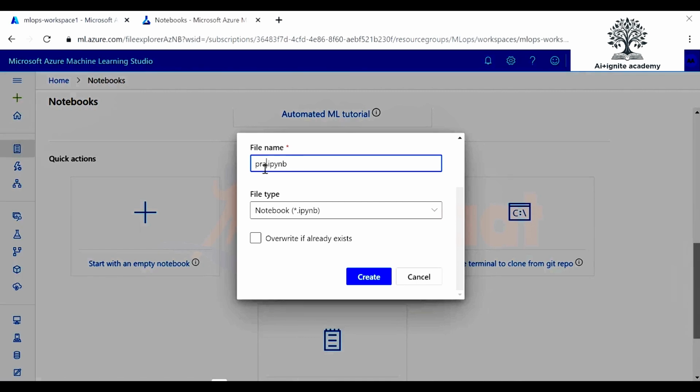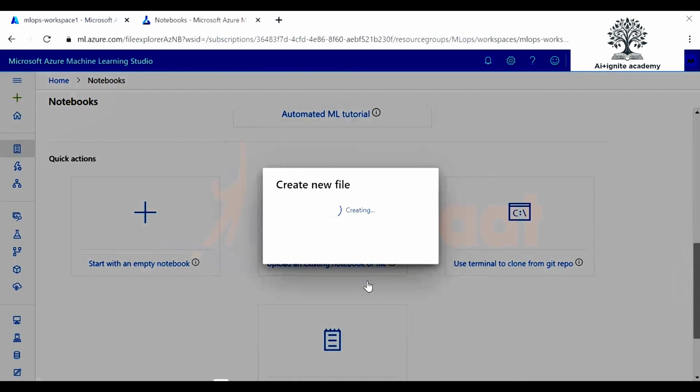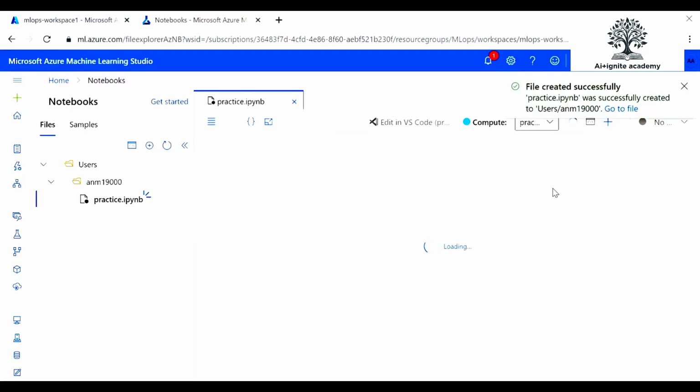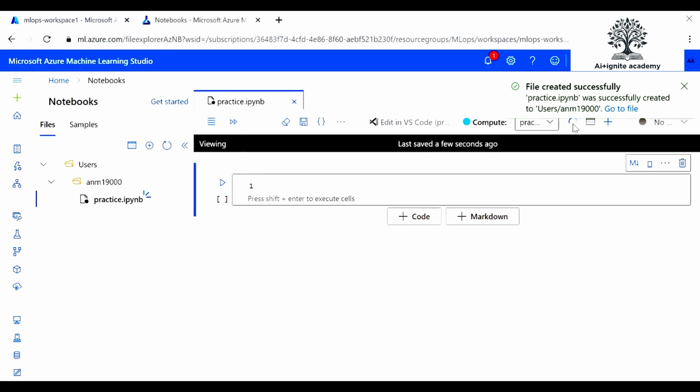I'm going to name this practice and create it. You guys should know about Jupyter notebooks in order for this to work. Okay, so you can see compute is being created. So right now,